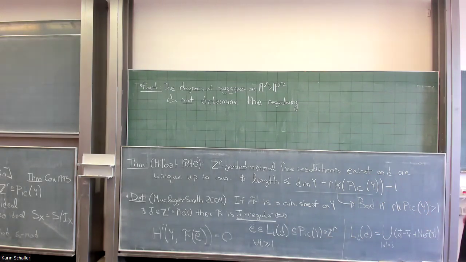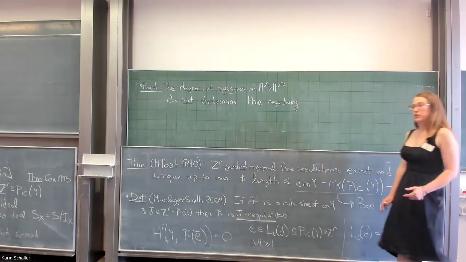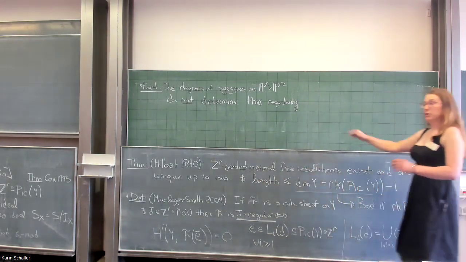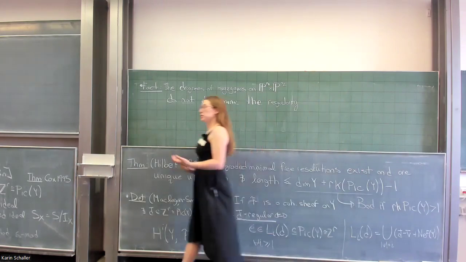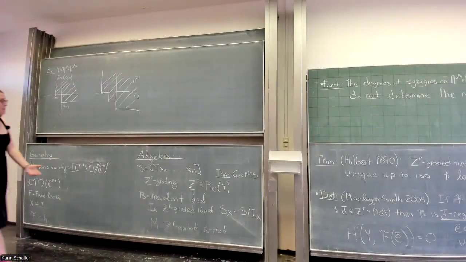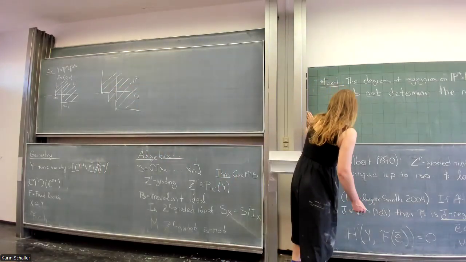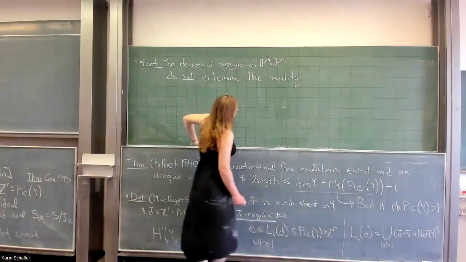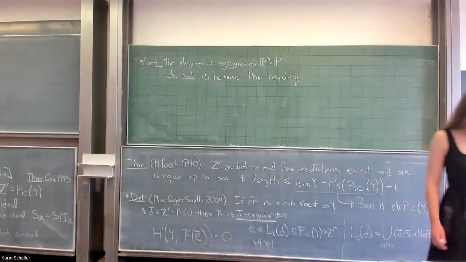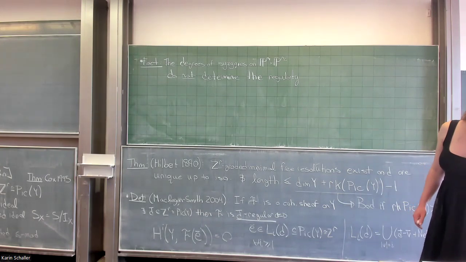And I would say the failure of having resolutions of the right length and of the right height somehow inspired mathematicians to say maybe minimal graded free resolutions were the wrong thing to look at. What do I mean by that? Well, maybe we shouldn't be saying we want to look at minimal graded free resolutions. We want to look at something else. And what was that? Well,